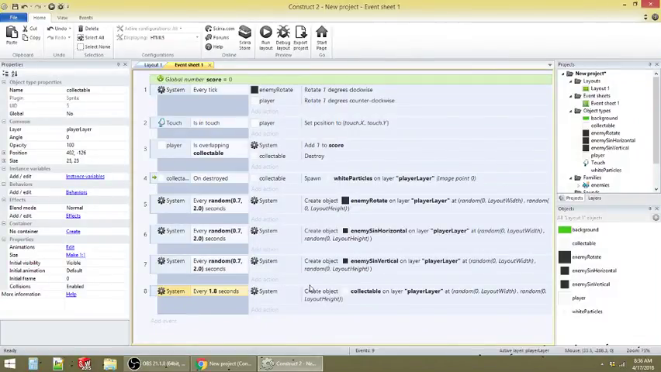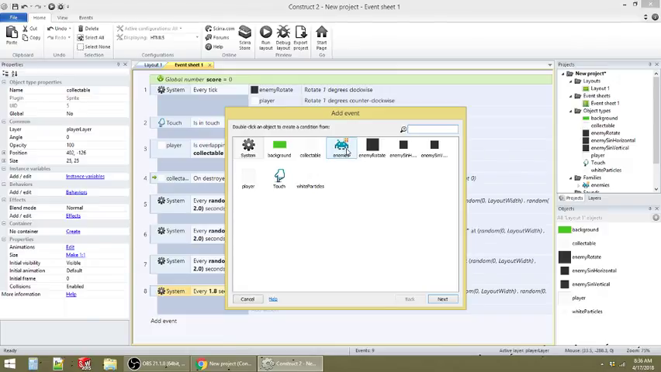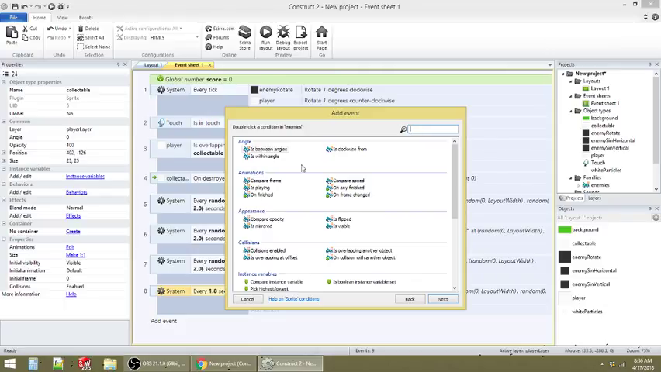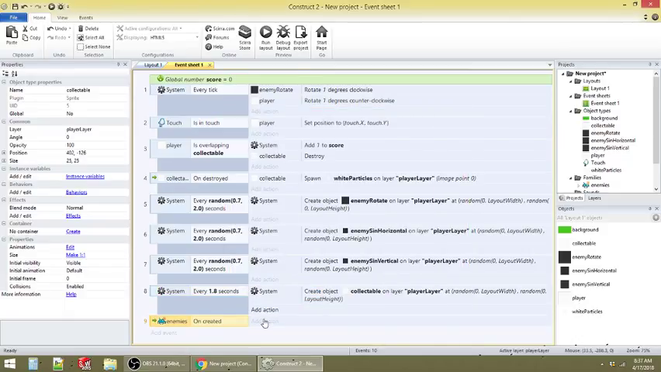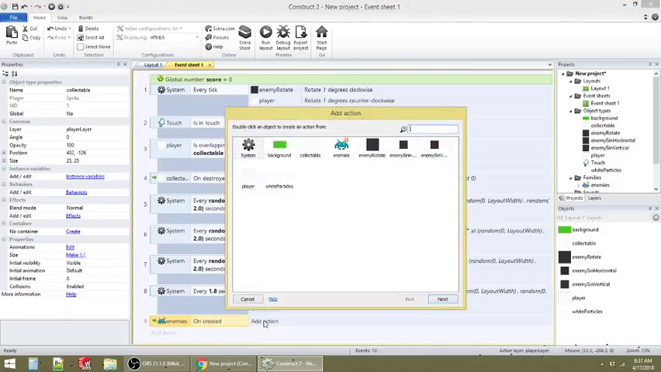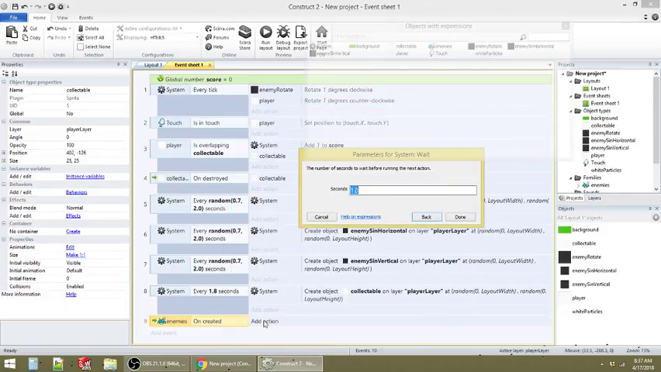Now, I want to add a new event so that it's not so crowded on the stage. This new event is actually going to go to our old enemy families. And we're going to have enemies on created. So on created is the event. The action we're going to add is system wait. And we're going to wait,